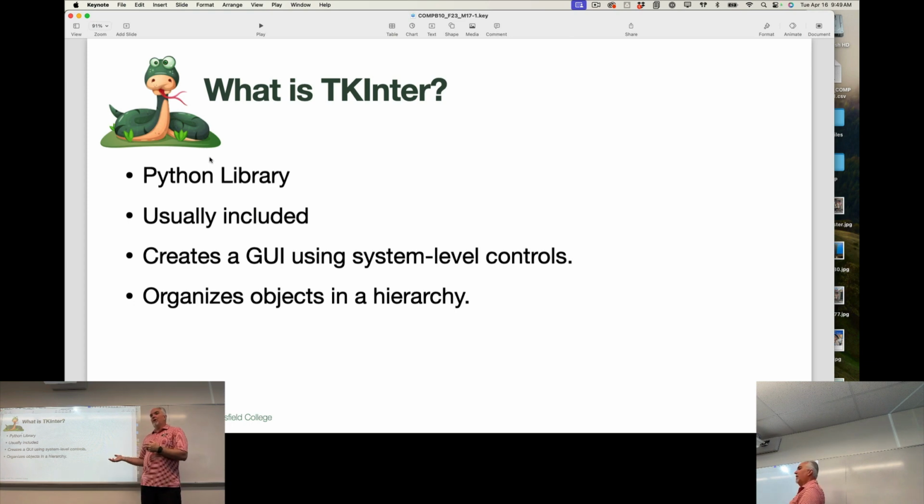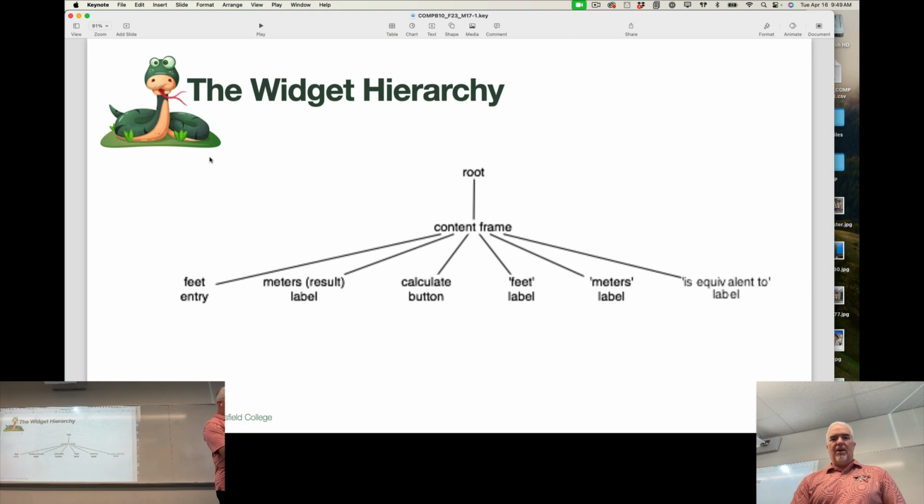So if you take that same program and put it on Windows, it looks like Windows, or Linux. Those are the really big three. And I'll show you as we get into TKInterface how some of those things look different in those different contexts. The last thing that we need to understand about TKInterface is it organizes objects in a hierarchy. What do I mean by that? What I mean by that is that